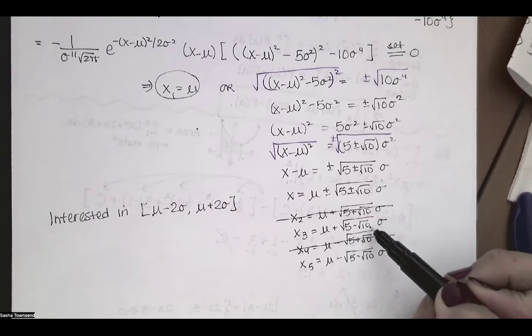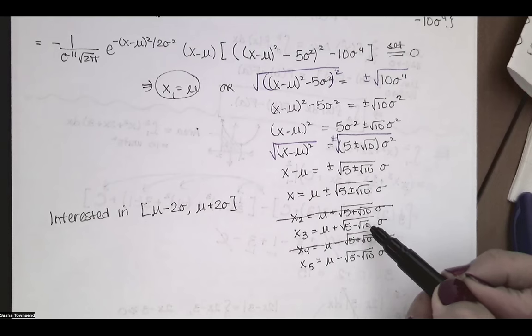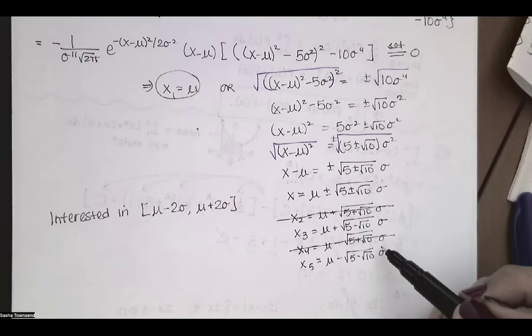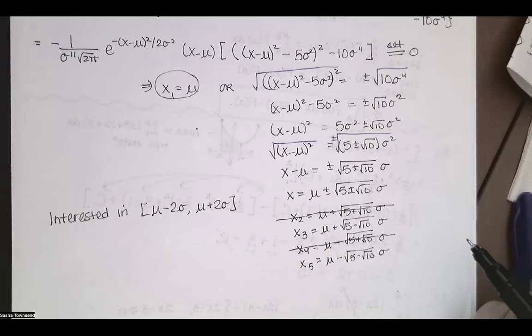But square root of 10 is a little bit more than the square root of 9, which is 3, right? This is going to be like 3 point something. So if I take 5 and I subtract 3 point something, I'm going to get like 1 point something, and I take the square root. So this is actually in the range that we're interested in, and this is also in the range that we're interested in. So these x coordinates actually might correspond to relative maxes,